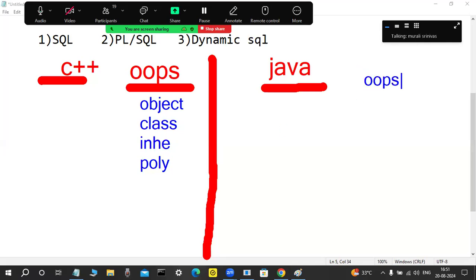Suppose in Java also OOPS concepts are there. Here also, yes, object is available, class is available, inheritance is available, again polymorphism. But in these two languages, what is an object, what is a class, what is inheritance, what is polymorphism, what is encapsulation, what is data binding, all these things are conceptually the same. Everyone knows, but